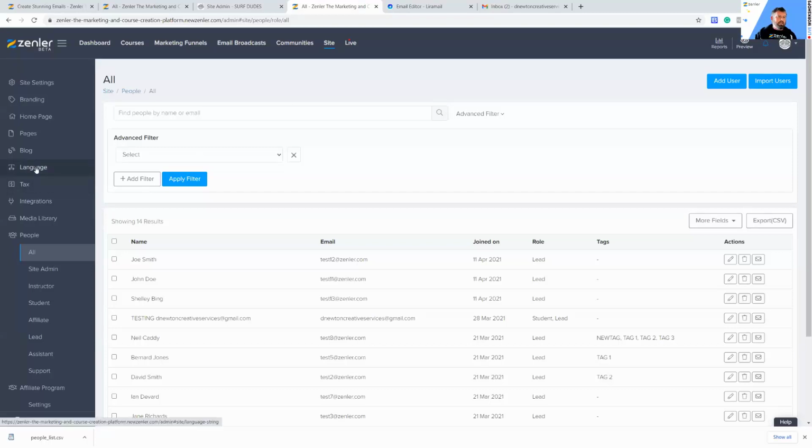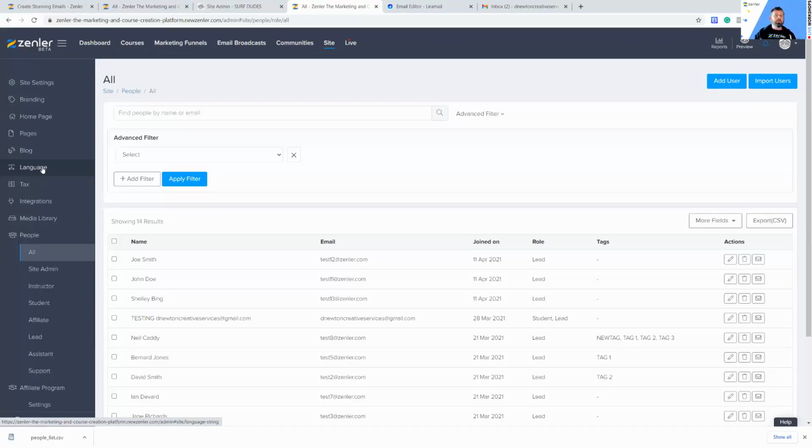And it is in language. So we're not talking about, at the moment, automated emails that go out through courses. Yeah, we're not talking about that. We're talking about if you've got the system and you haven't set up any automations. And I'll tell you what the problem is if you leave system emails on and you set up email automations